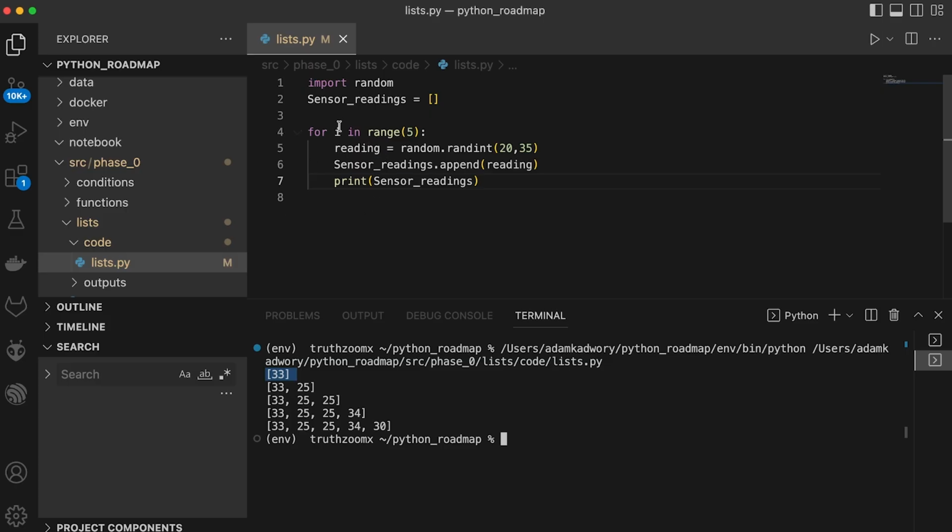So then it goes again and it creates another reading between 20 and 30 and stores it inside sensor readings. So now how many do we have? We have 33 and 25, and then it does it again and creates another random value, which turns out to be another 25, just a coincidence. And then it creates the list. Now the list includes 3 values, then 4 values, and then all the way to 5